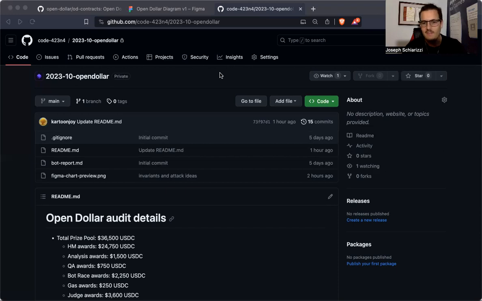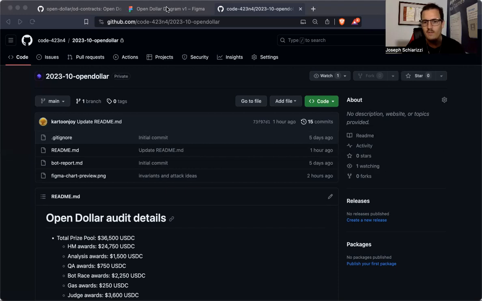Today I'm just going to do a really fast, off the cuff explanation of Open Dollar and a quick introduction to our repo and smart contracts and how things interact with each other. So this will probably be a good way to start getting ready for the audit and to learn more about our protocol. Just as an overview, Open Dollar is a stablecoin protocol being built for Arbitrum, where we've changed